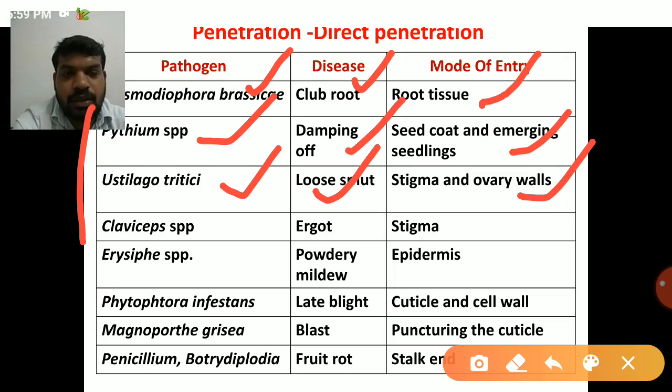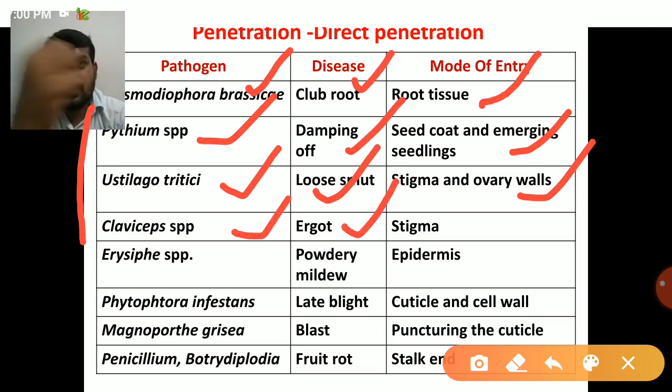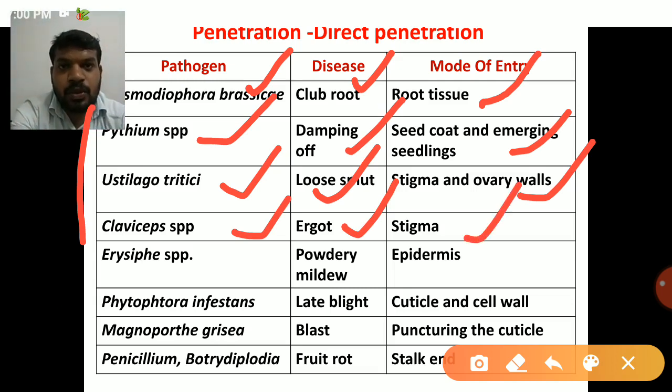So it converts the whole seed into black color spores. So we can't take the raw spore, or we can't use those infected seeds for edible purpose or seed purpose. So next one is Claviceps. Claviceps is an ergot fungi. Ergot is also called sugary disease. It mainly infects the stigma and it will produce a sugar-like or honeydew-like substance on the infected portion, mainly in